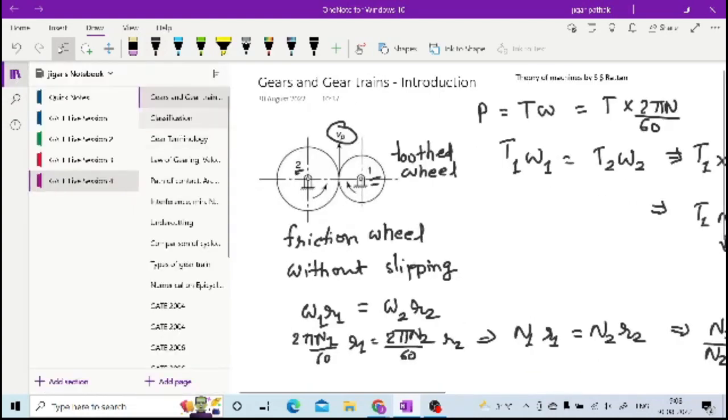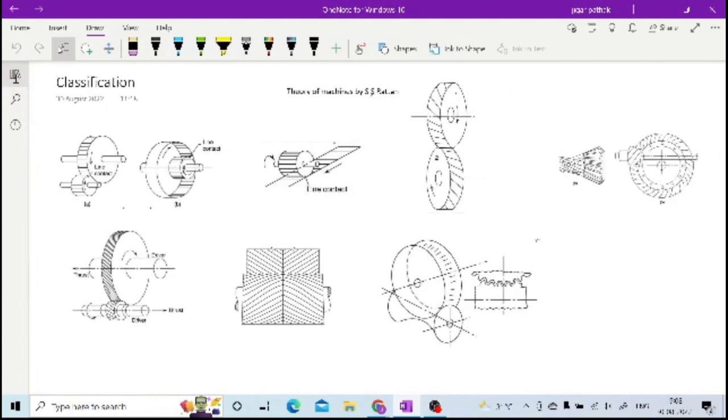Now if you see the classification of gears, based on the axis of the shaft on which they are mounted, they are classified into different types. The first is the spur gear, where both axes are parallel and not intersecting each other, so the gears are mounted on parallel shafts. Figure A shows the external spur gear, while here you have the internal spur gear,